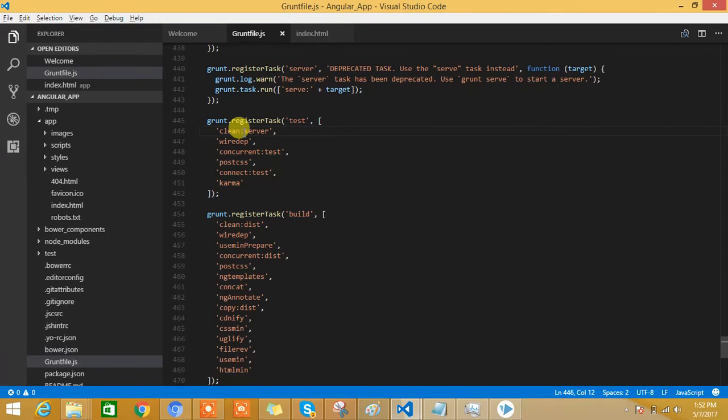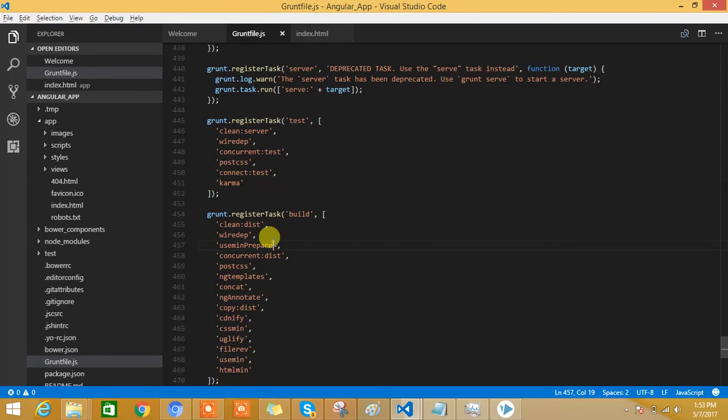Similarly, to do unit testing of our application, we can take help from this grunt test. So from our application root folder, if you open a command line window and execute this grunt test command, it will execute grunt space test. So it will execute the unit testing that we have written using the Karma framework of AngularJS. If we execute grunt test, it will basically do these tasks one by one in a series. First it will clean the directory, and at the very end it will execute the Karma framework to execute our unit test. In a later video we will see how to write unit testing using Karma and Jasmine